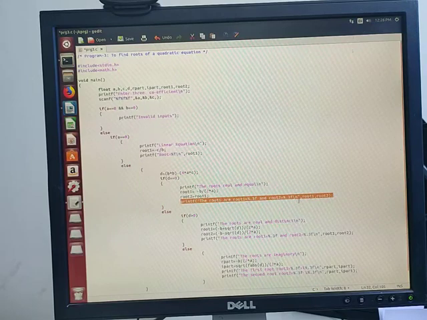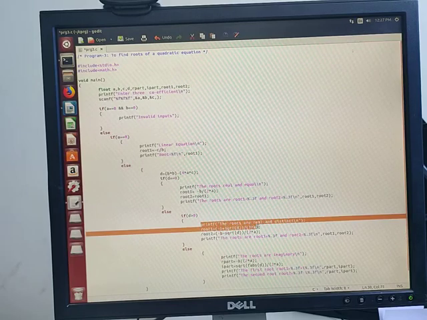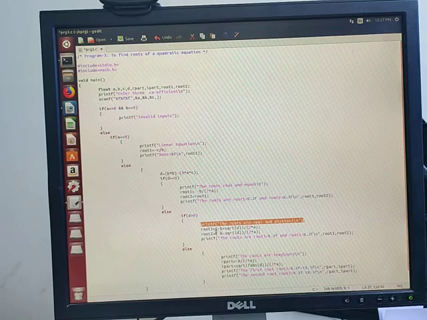That is the formula, minus b by 2a, which will be assigned to this, and print both the roots here. Then if this is not the case, if discriminant is greater than 0, then definitely the control will come to this particular point, and this particular statement is going to be executed. Once the condition is satisfied, you can find the real and distinct roots. So root 1 is equal to minus b plus square root of d.